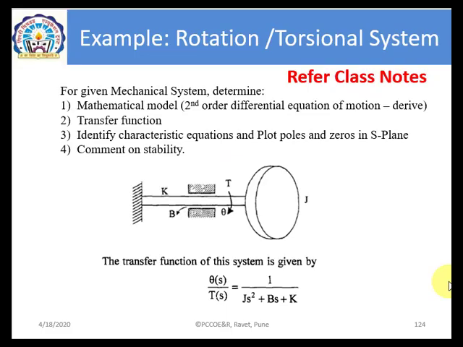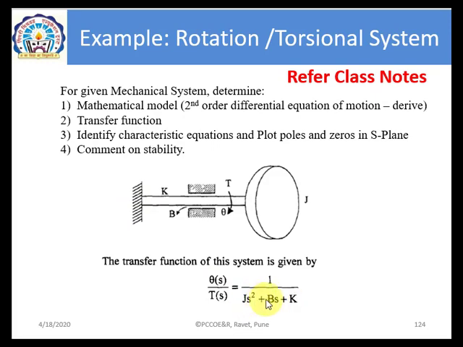Now let us take another example for a rotational or a torsional system. Once you understood how to solve a translational system, there should not be any difficulty to apply the knowledge to get the transfer function of a rotational or torsional system. We are going to discuss this numerical to obtain the transfer function only, and the rest we already discussed in the last numerical. It is expected you follow the same knowledge for this numerical if asked to get the parameters we discussed in the translational system. So we'll discuss this particular numerical to get the transfer function.